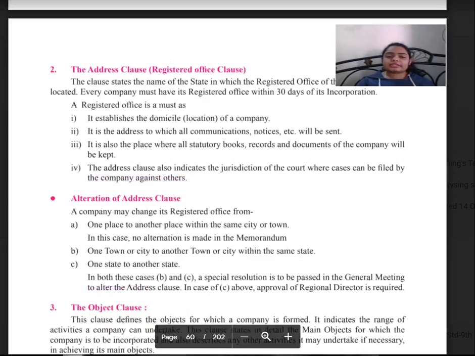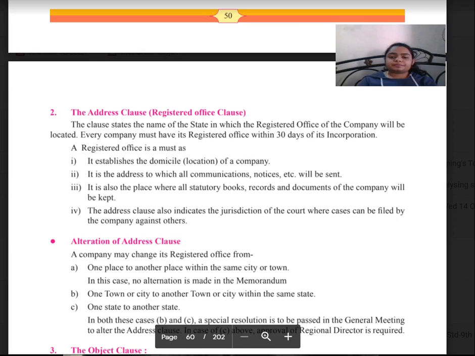Now next we shall be starting the address clause. First was the name, second is the address clause, the registered office clause. The clause states the name of the state in which the registered office of the company will be located. Every company must have its own registered office within 30 days of its incorporation. A registered office is a must as